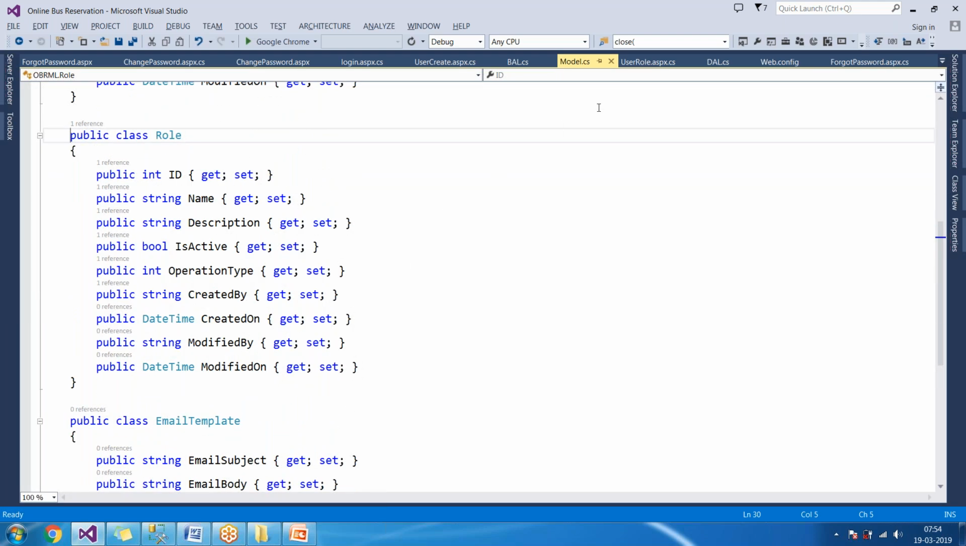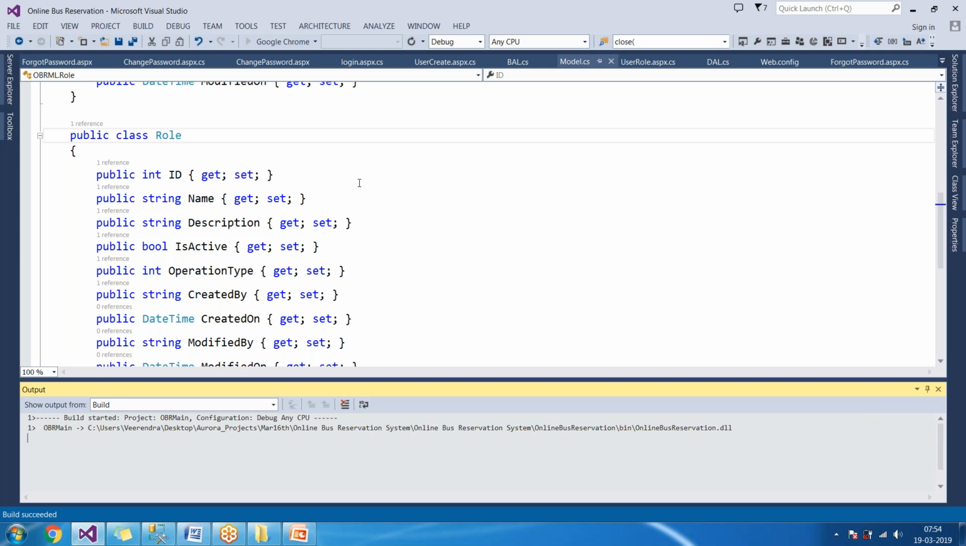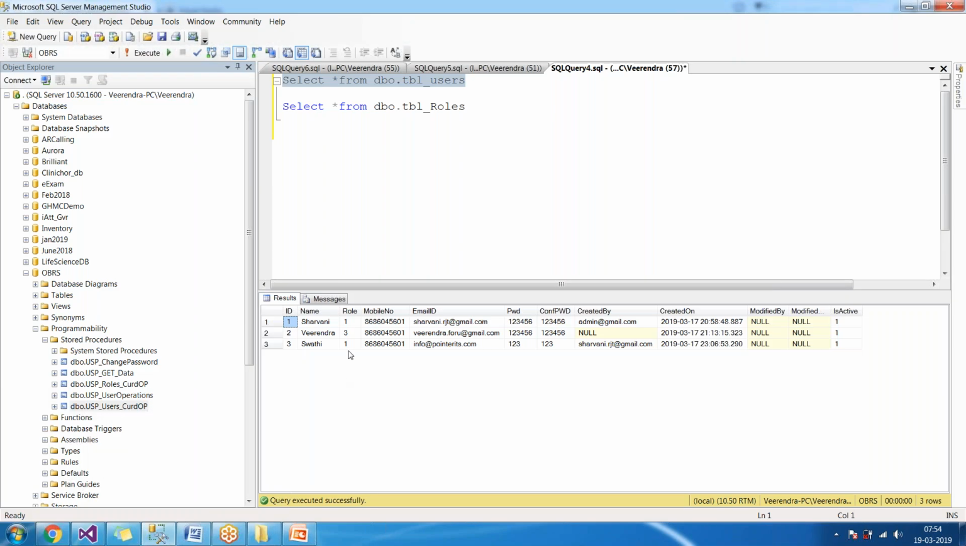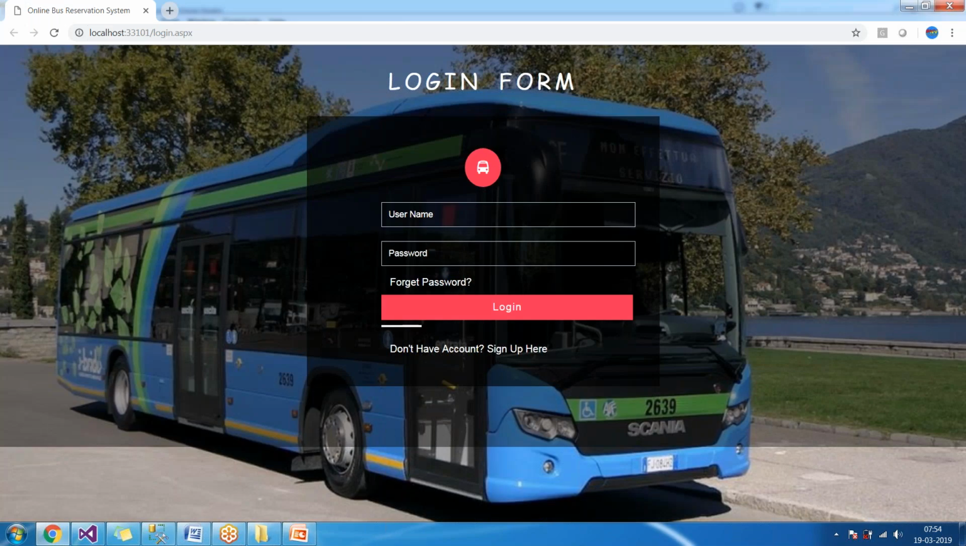Okay. So first, once after my login, I'm executing. This is my login page. Once after my login, I want to perform